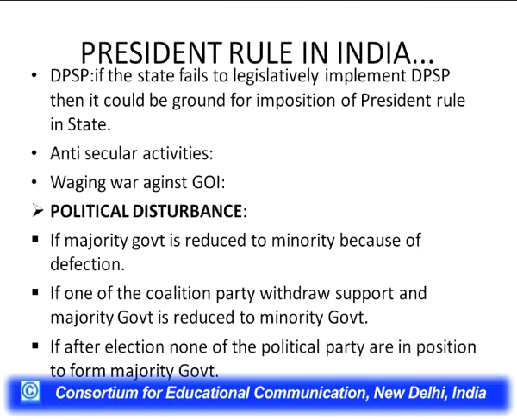If the governor of the state has reached the conclusion that none of the coalition partners are willing to come on a single platform to provide a viable and stable government, then in that case they will not have any option other than to request the president for imposition of president's rule, because here the governor cannot allow the minority government to run the administration of the state even as a caretaker government.